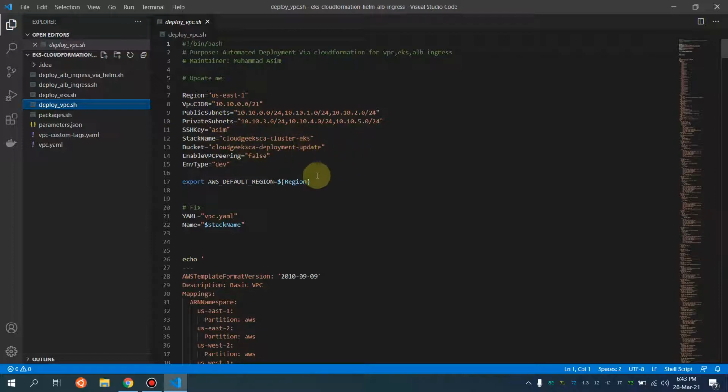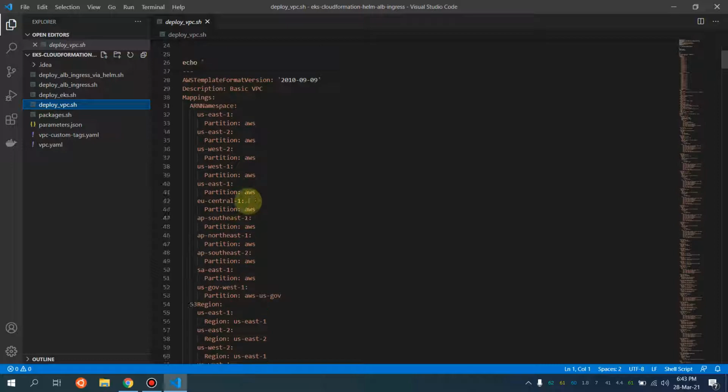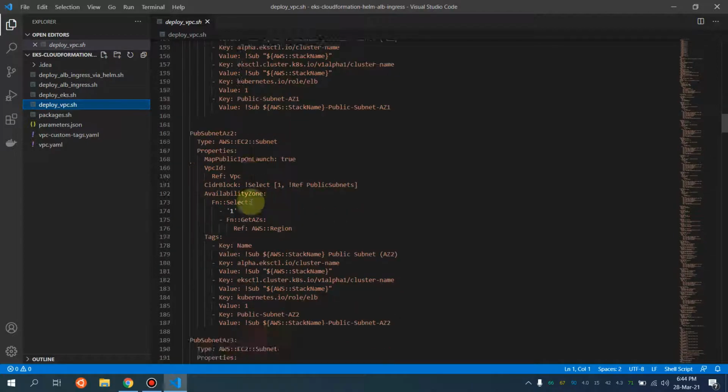So you just have to simply fill the form where you define your VPC CIDR, your region, public and private subnets, your key, the stack name, and the bucket. Enable VPC peering or not, or whatever you have to describe. It is pretty much simple, and everything is automated in a way that these are the environment variables which are going to create the CloudFormation stacks,